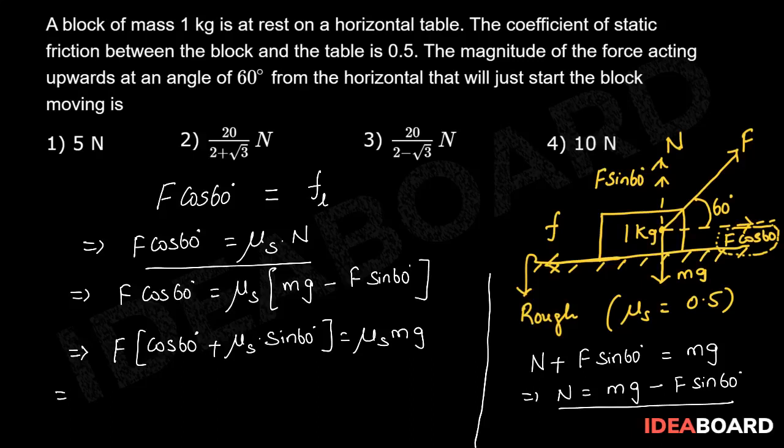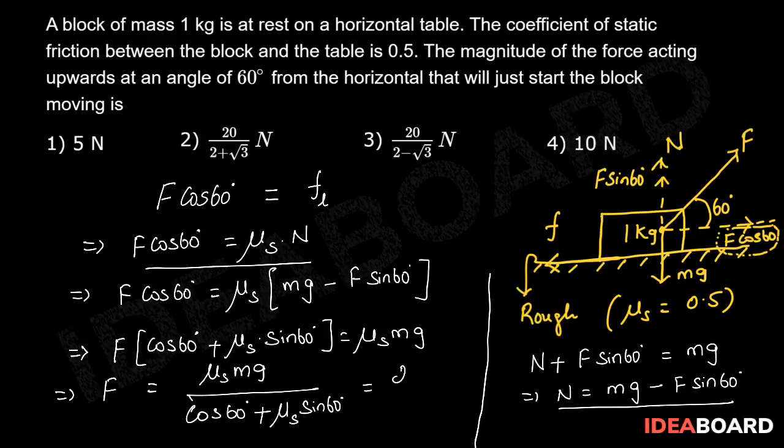So from this we can write F equals mu s mg upon (cos 60 degrees plus mu s sin 60 degrees). So substituting the values and simplifying, we get the F value equal to 20 upon (2 plus root 3) newtons. Therefore the correct option is